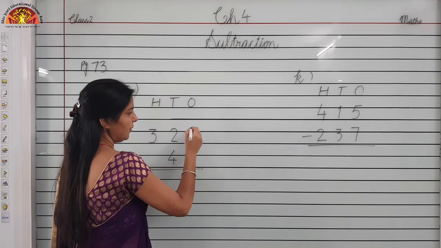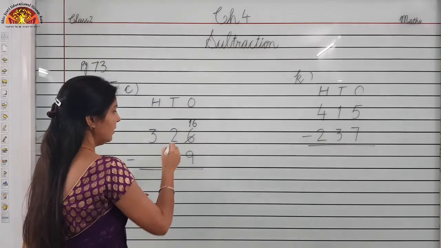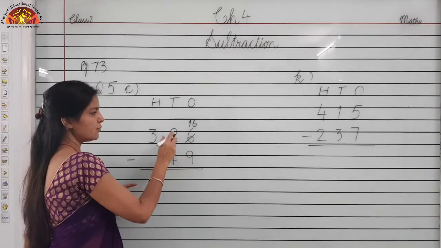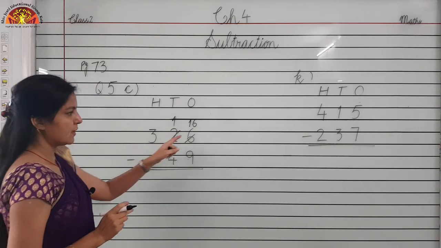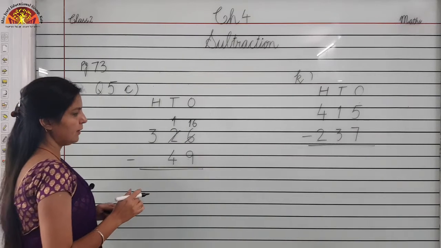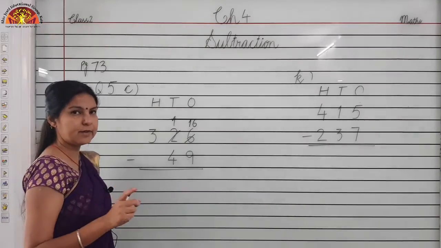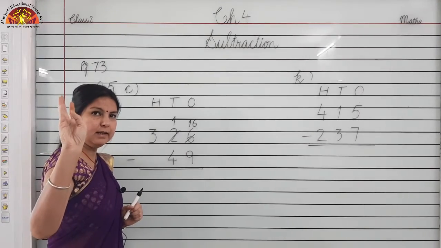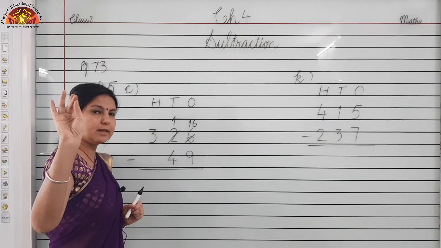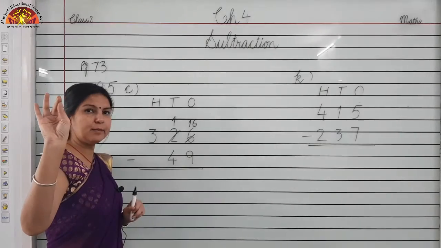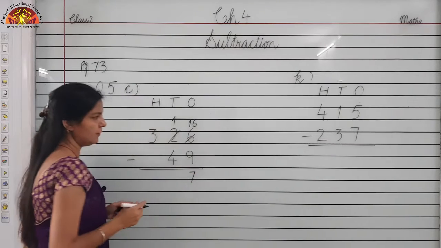So what we will do? We will write 1 with 6. It will become 16 and from here we are taking 1. So we will subtract 1 from here. It will become 1. So 16 minus 9 will be, what we will do? We will start counting after 9. This is 10, 11, 12, 13, 14, 15 and 16. Where is 16 coming? 16 is coming at 7th line. So we will write 7 here below the ones place.